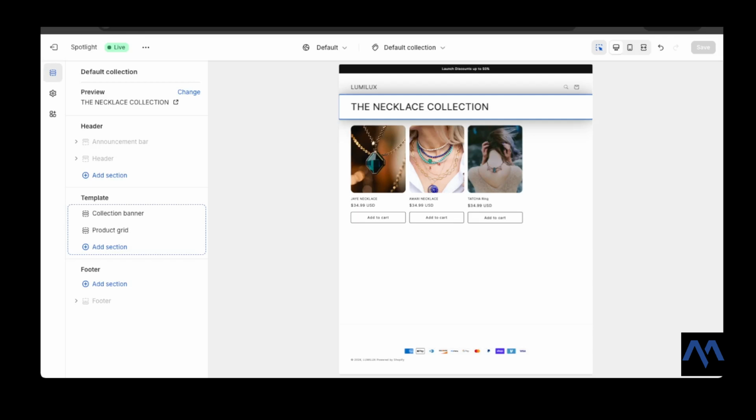And there you have it. We just set up a default collection. There's so much more that can be done with customization of your collections. You can see on this section, you could add more sections if you wanted to, to the template of your default collection. But I like to keep it simple, and I'll keep it as simple as this. As soon as you have many more products, trust me, it would look a lot better. If I had about 12 products on this page, I'm sure you understand the view would be a lot better. But yeah, that's it for the